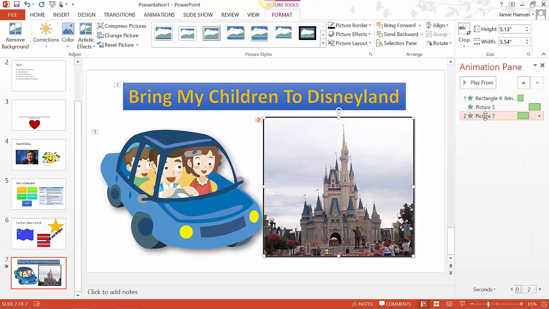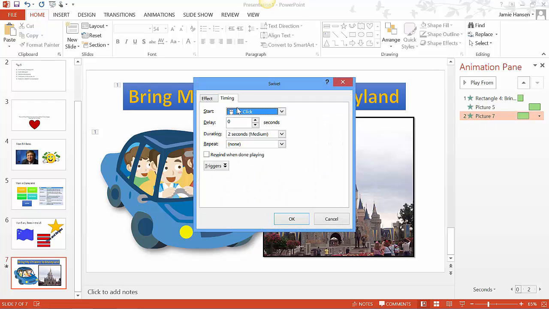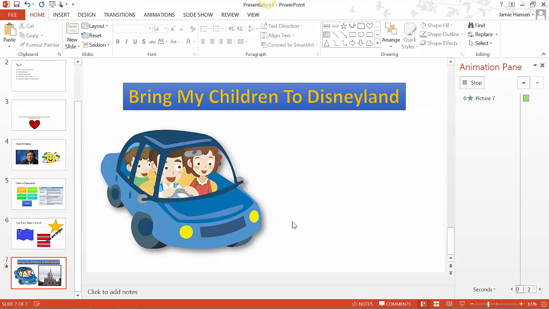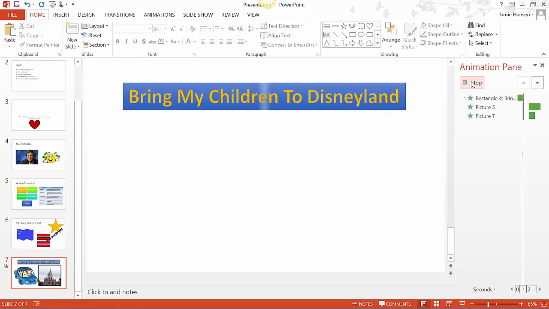So it's going to come in, and for this last one here, let's make it start with the previous one, so it's going to come in at the same time as the car. I want it to be faster, and I don't want it to repeat, although you can have it repeat. And I'm going to give it a second delay with the other one. So now, if you play them all together,